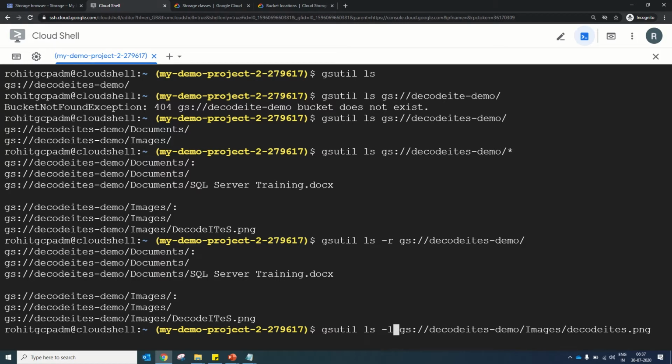So I'm going to run the small -l, gsutil ls -l, and I'm passing the object name. Let's see what it will give.